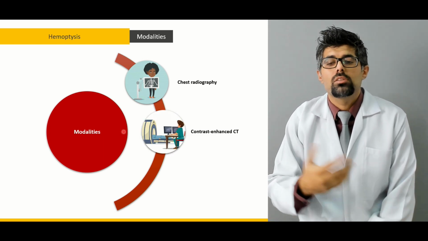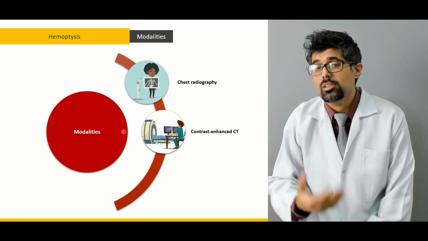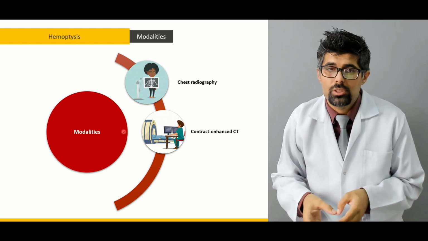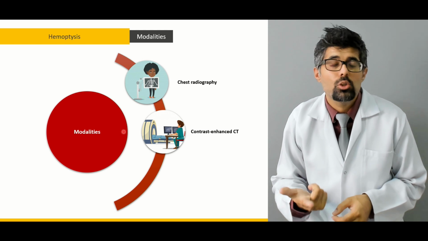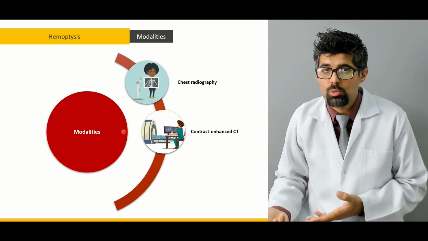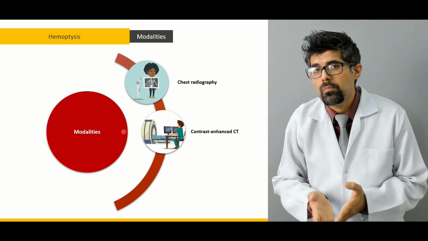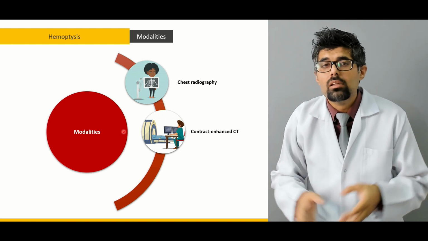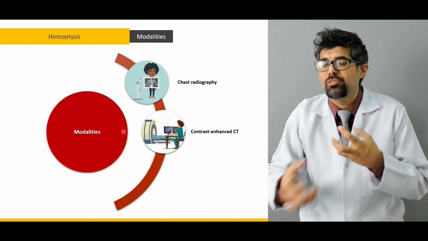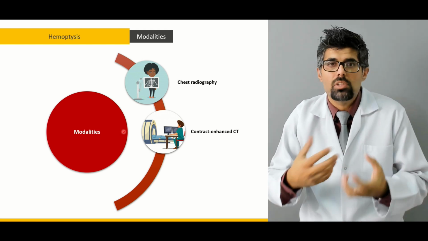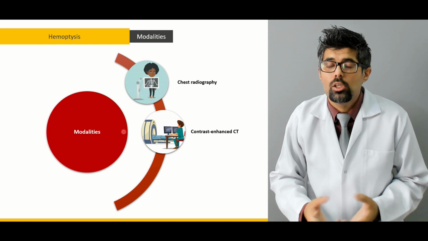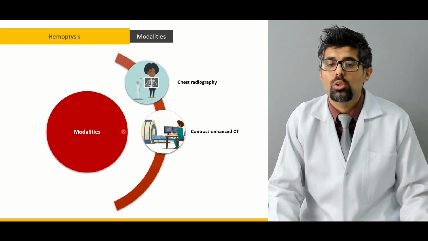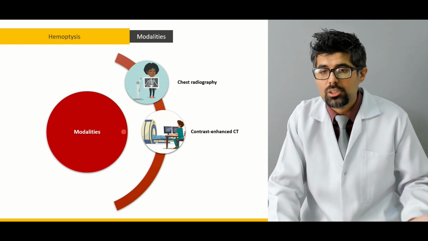Another thing is we can perform a contrast enhanced CT scan. Now, there are three main causes of hemoptysis. One is infection, two is malignancy or tumor, three is an AVM. AVM is an arteriovenous malformation, meaning the arteries and veins at some points have jumbled up together and they are bleeding and hemorrhaging. So these three main causes can be diagnosed, can be confirmed through these modalities: the simple chest radiograph,